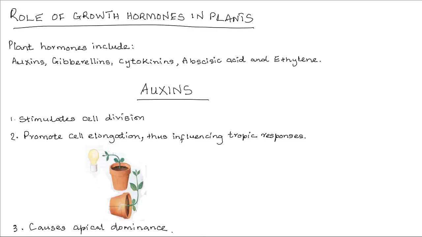The role of growth hormones in plants. Growth hormones are chemical substances that are produced in small amounts by the plant to regulate growth and development. Plant growth hormones include